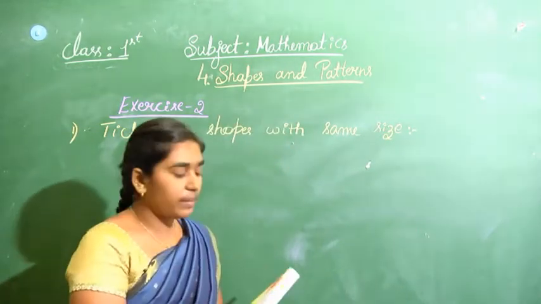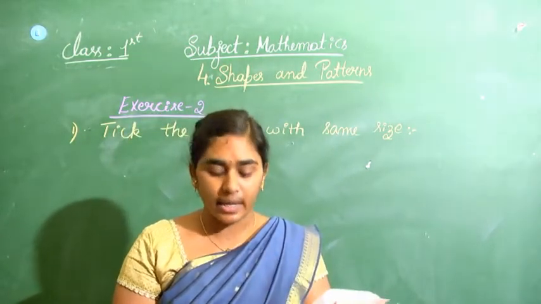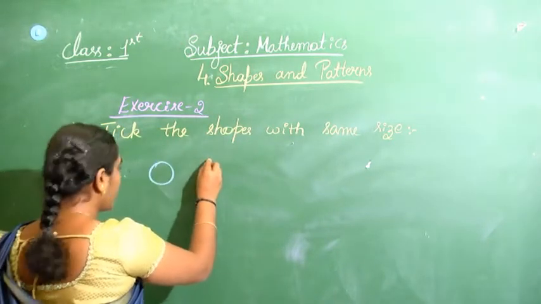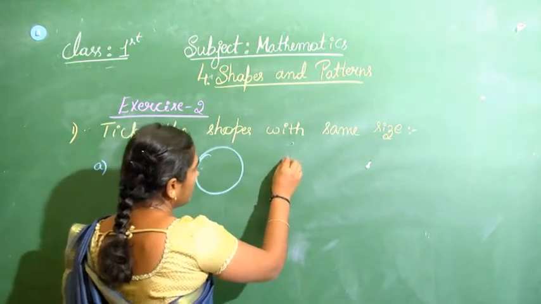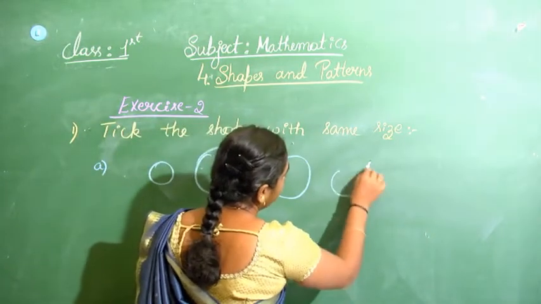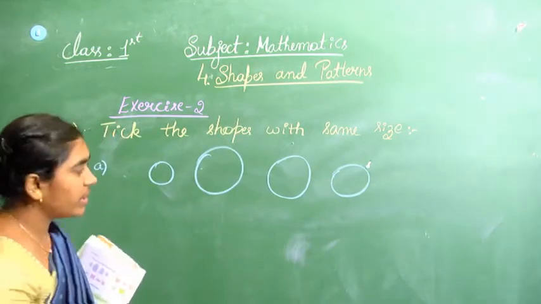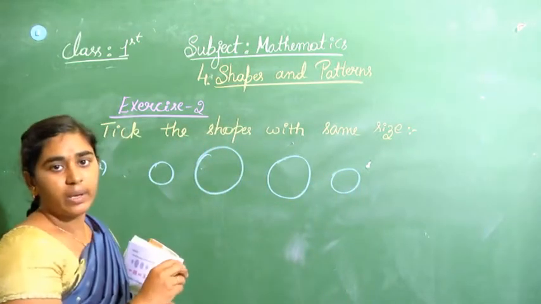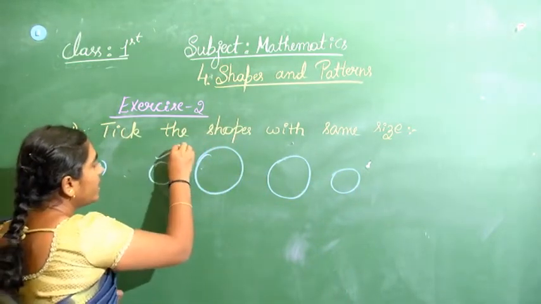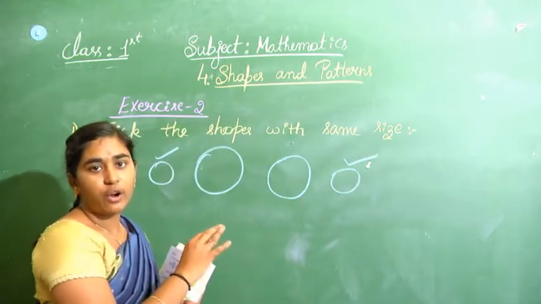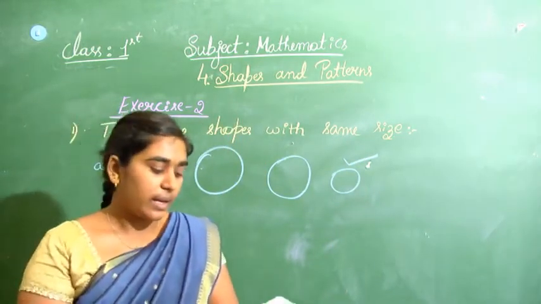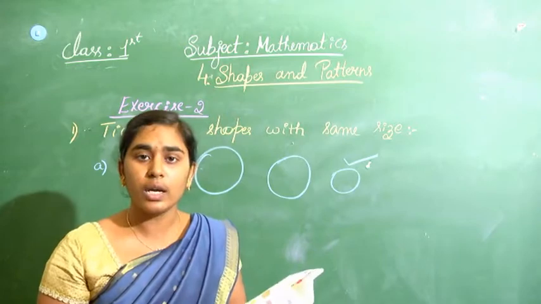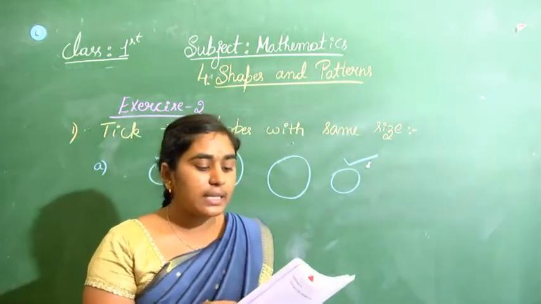Now see your book and tell me. First one, many circles are there. Which two circles are similar? First one, second one is a little big, third one also a little, and fourth one. Which two are looking the same here? You need to identify which two are the same. By seeing, you can tell first one and fourth one. I have drawn by hand, so it may vary slightly. Here the first one and last one circles, you can observe in your textbook, they look similar, right? Like this you can see the second one also.